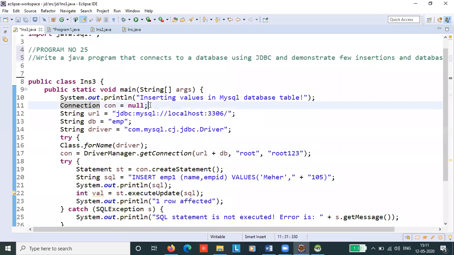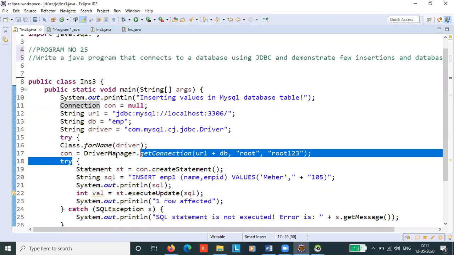Next, we'll see about this Connection interface. Here we have initialized it to null, but we are using it here. So what is the use of this Connection interface? It is nothing but a session between your Java application and the database. The Connection interface is a factory of Statement, PreparedStatement, and DatabaseMetaData.